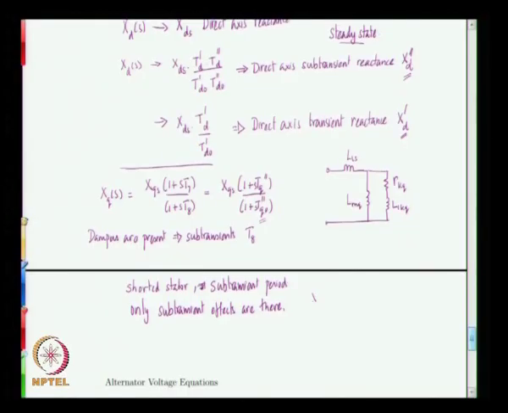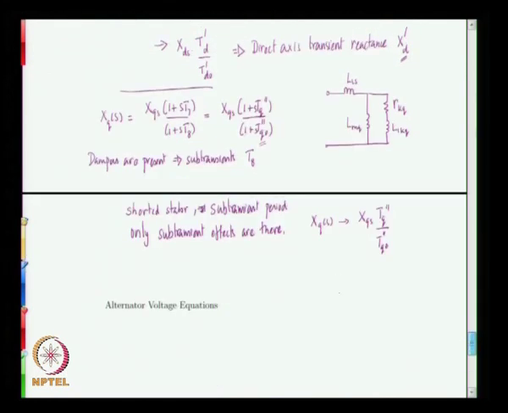So, whenever there is a disturbance that is varying very fast, then we may assume s to be large, in which case xq of s tends to the term xqs multiplied by tq double dash divided by tqo double dash,